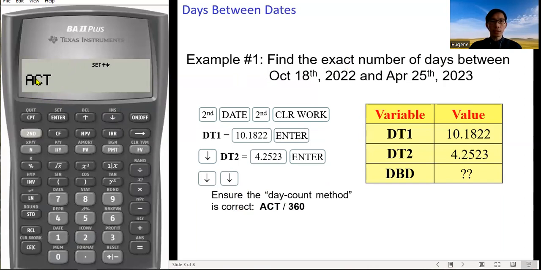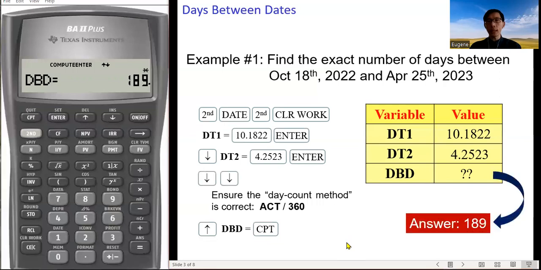That's fine. So we get back to the variable DBD. Press the CPT button. And then we get the exact number of days, 189, between October 18th, 2022 and April the 25th, 2023.